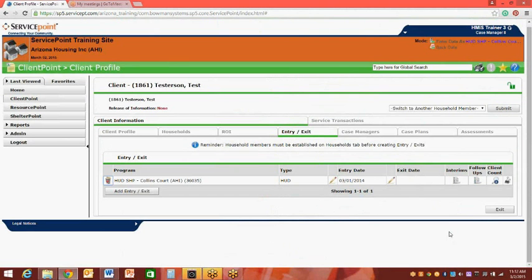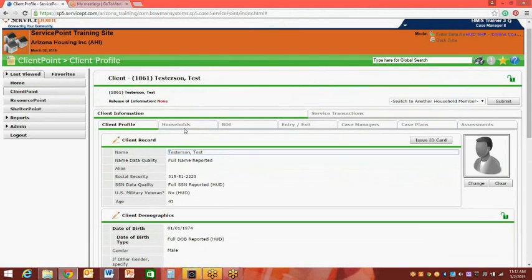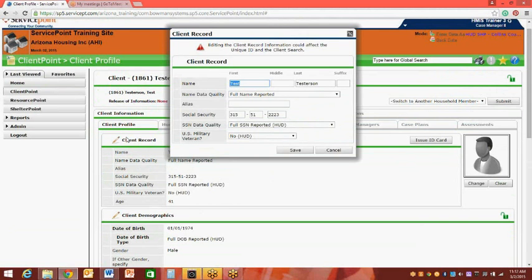Next, I will show you how to make corrections on the client's profile record. For this example, I'm going to correct the misspelling of my client's name. So go over to Client Profile tab to the left here. Click on the pencil icon to the left of the client record header. And we're going to edit the name